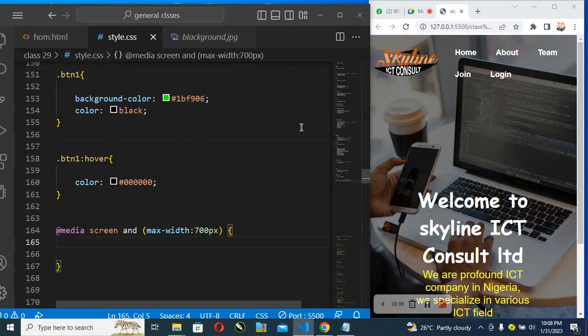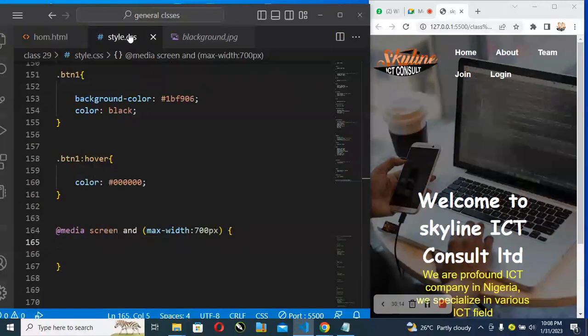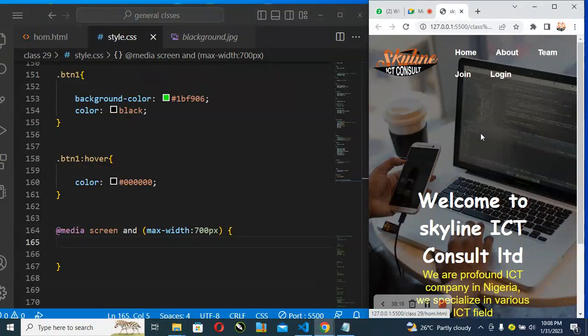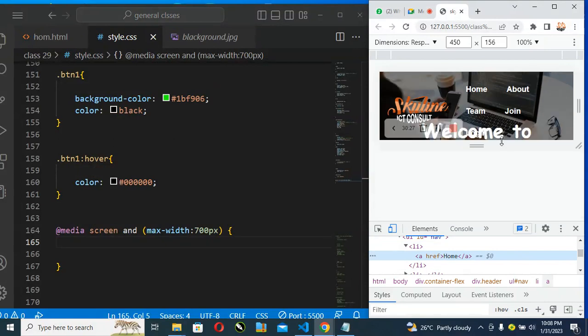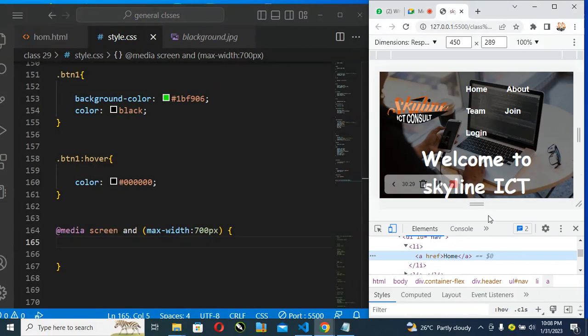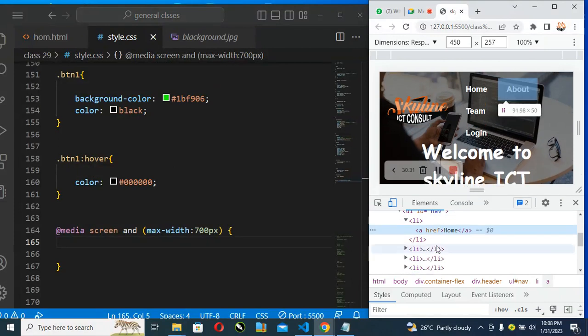Okay. I'm going to be doing something different tonight. Instead of clicking here and coming back, let me just use inspect. Let's check this out. I'm going to be working more with inspect tonight. So inside our inspect,